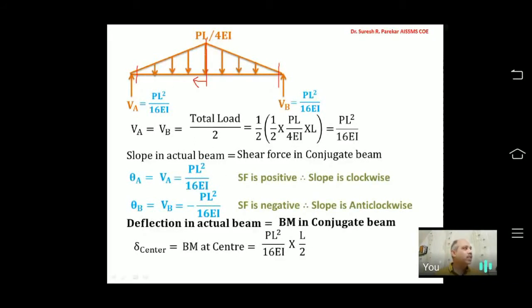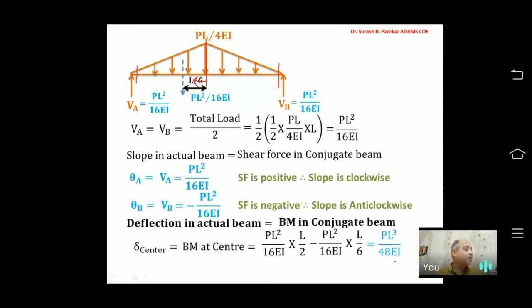And then due to this load, so what is total load? PL square upon 16 EI. Where will it act? L by 6. How L by 6? So we have 1/3 of L by 2. We are considering this portion L by 2 and taking from the right end. So that is 1/3 of L by 2 and that becomes L by 6. And that will be anti-clockwise, so minus. And that gives me PL cube upon 48 EI.